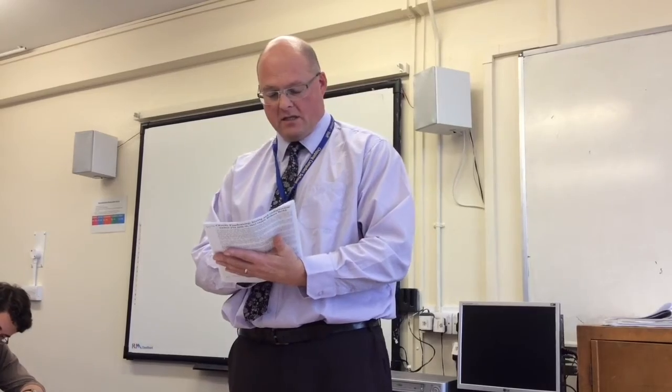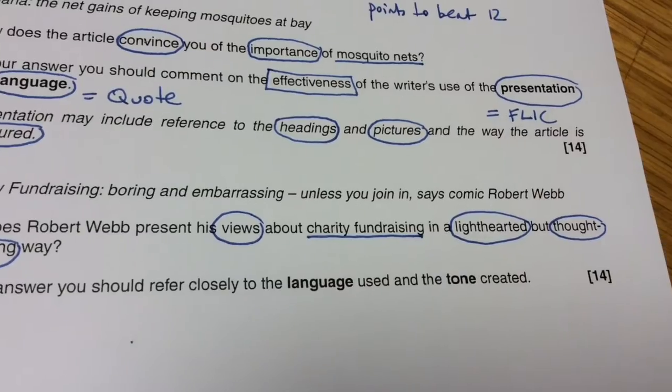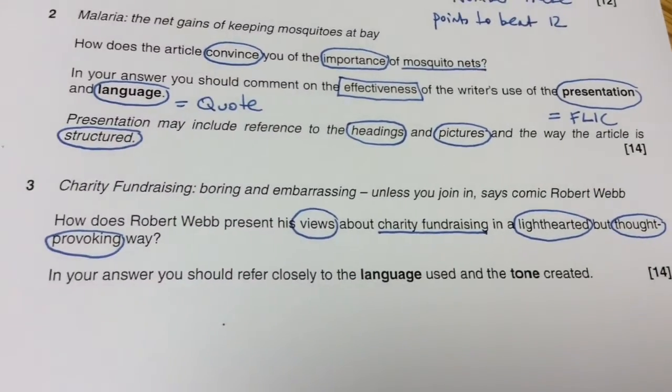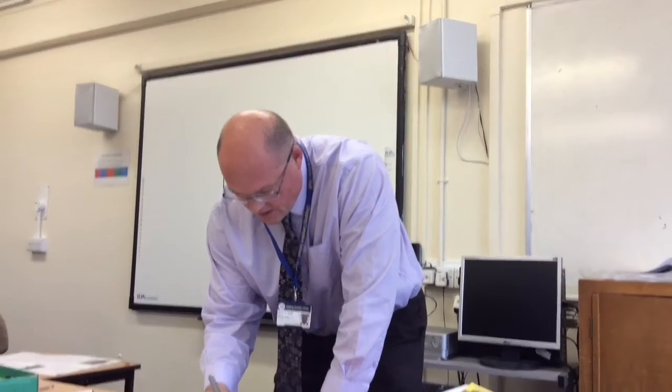So I'm going to put a circle around light-hearted and another one around thought-provoking, which is annoying because it goes on to the next line, but that's life. So I've got 4 things to look at. The 2 most important bits, though, are the light-hearted and thought-provoking, and so I'm just going to find that article and put light-hearted, and then I'm going to put thought-provoking there as well,